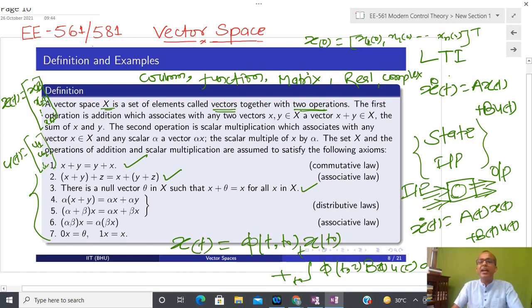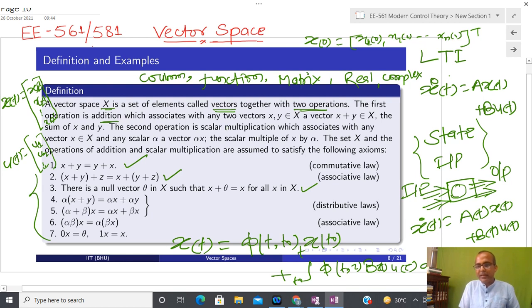For that reason I limit myself to just 2 operations. The first operation is called addition, and this is not really the addition of numbers. Obviously that is a special case. You can take any addition-like operation. You can take 2 chemical reactions and combine them in some form, and say that this is how I understand addition. You can take 2 quantum states and say that this is how I define addition. So defining addition depends totally on you.